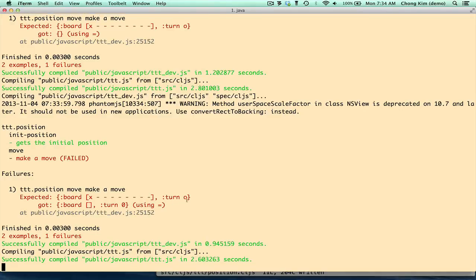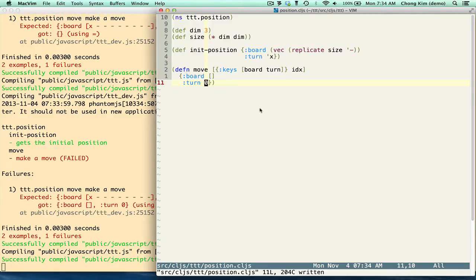Okay, it's expecting O, and it's a symbol O, so that's why I put a tick over here. I don't want it to be evaluated. Otherwise, if I did this, it'll think that O is some variable and it'll try to evaluate it. But I don't want it to evaluate. I just want it to be treated as an O. Okay, so for the board,